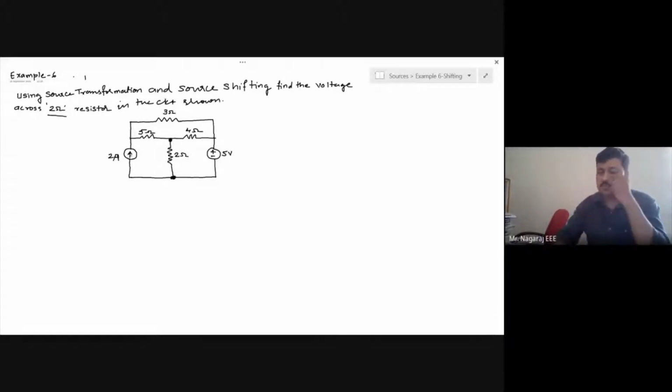So first we need to observe whether we can go ahead with the solution without source shifting. If not, then you take source shifting. If yes, then just by simple transformation we can get to the solution. By observing the example circuit given here, there is no possibility of source transformation without the shifting. So here I have to go for source shifting of both voltage source as well as current source. So first we will take one by one.